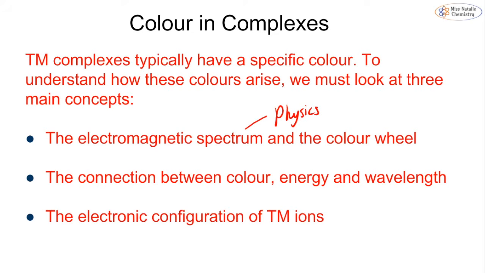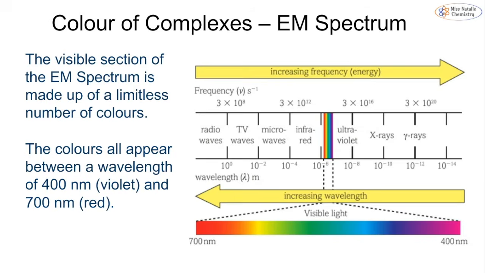We have to know the connection between colour, energy and wavelength, and we also have to know the electronic configuration of these transition metal ions. So we're going to look at each of these in turn. If we first of all look at the colour of complexes, so this is using our electromagnetic spectrum colour,